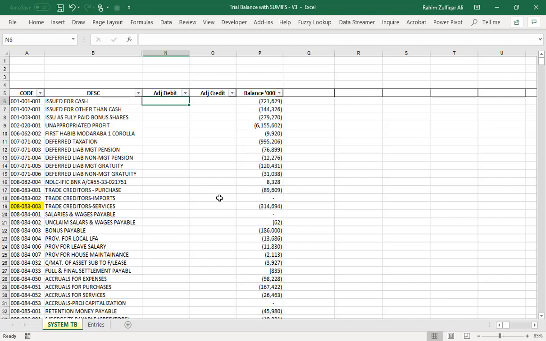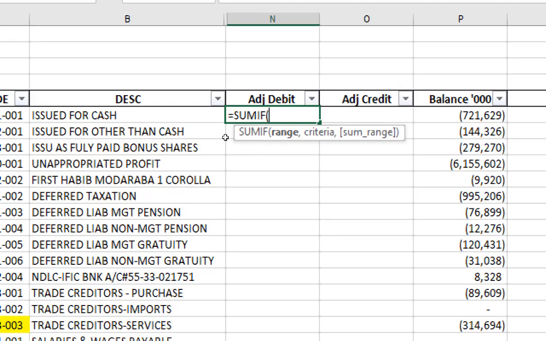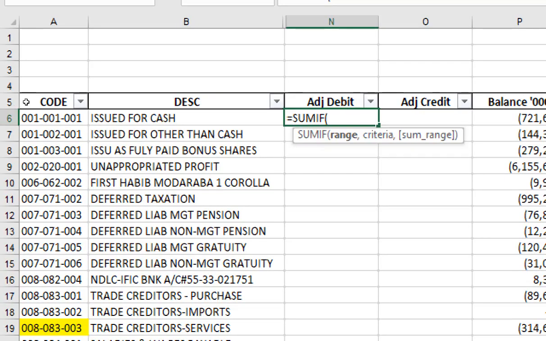So let's get started. What the traditional or basic Excel user normally does is start with the SUMIF function. Let me just zoom this window. Now we need to define the range on the basis of which we will fill the criteria row by row. The range will be the account codes, and the criteria will be the reference of the first code, or the GL code you can say.